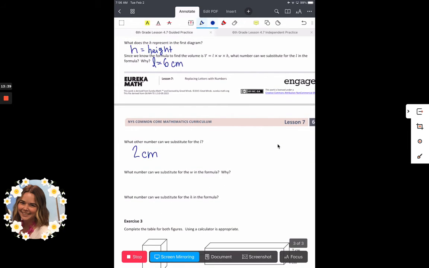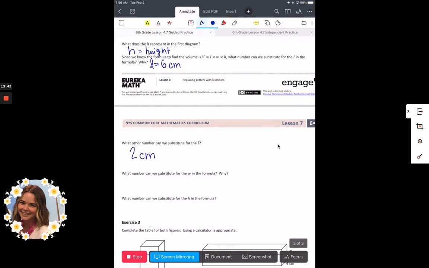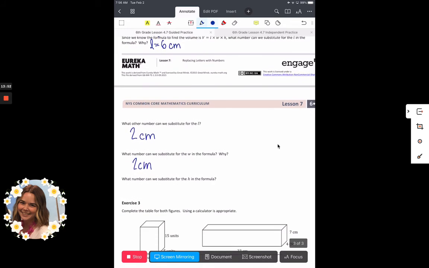So it says, what number can we substitute for W in the formula? We could really substitute any of them, or we can substitute 2. And for height, we can substitute 8. But remember, we can really substitute any of them. Another reason we can do that is because if we took